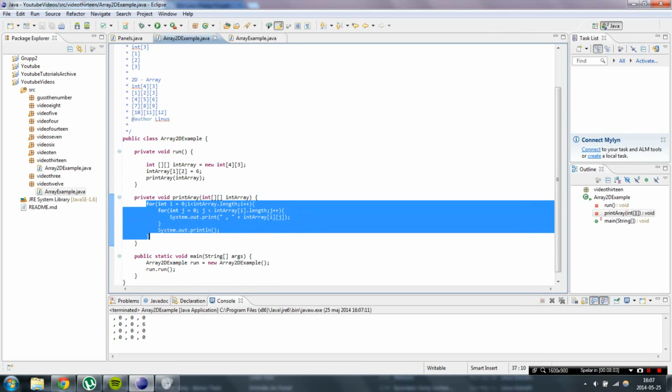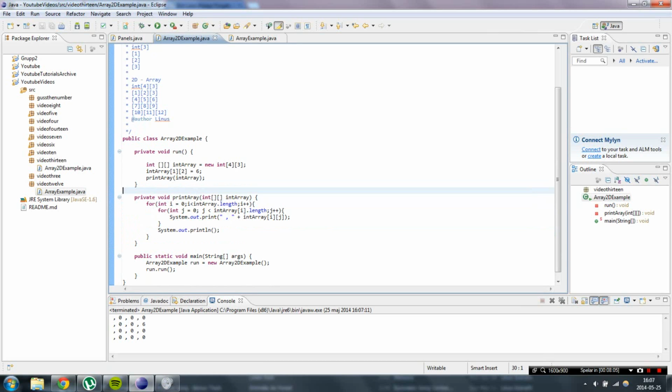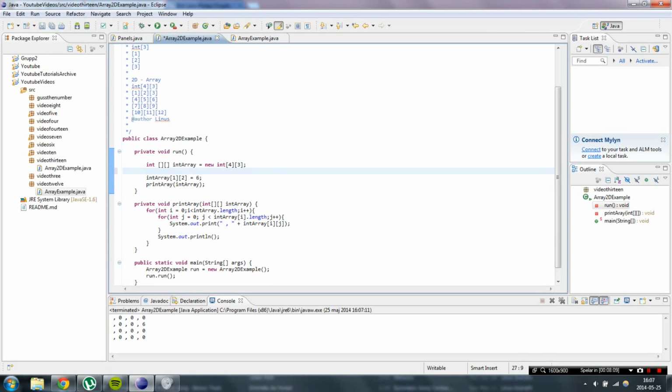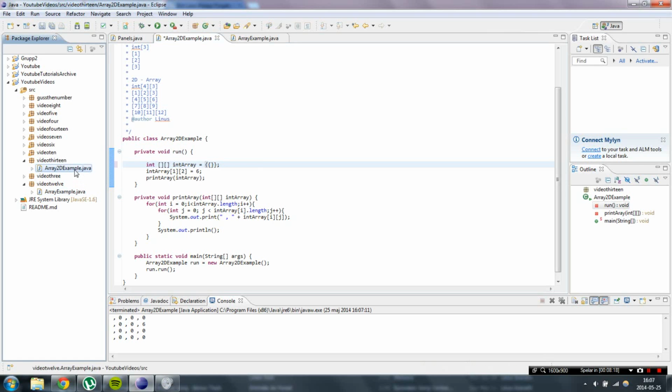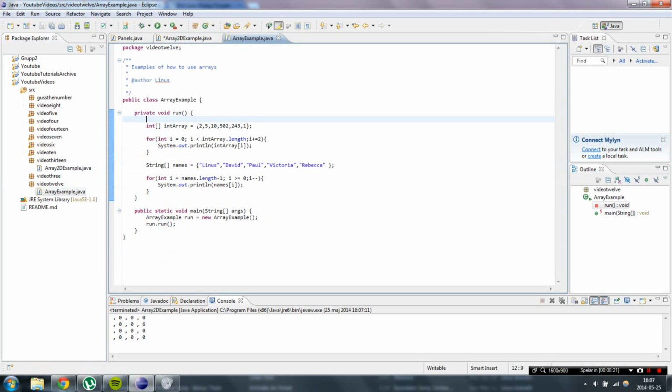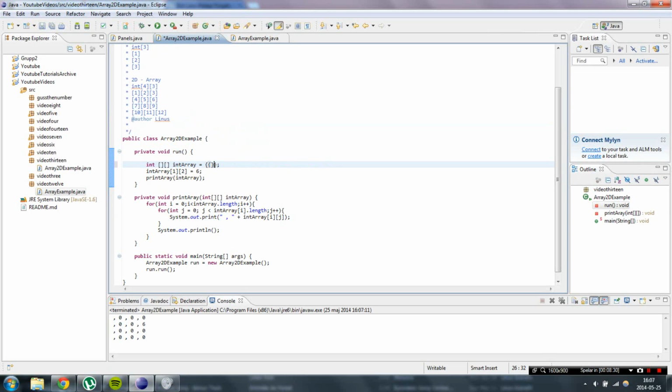So that is how we go through a for loop, and now I'm just going to show you another way to initialize each of the values. Instead of typing new int like this, you could do something like this. If you remember from the last video, I don't know if we have an example of this over here. Yes, you can see we defined them like this, initialized our array like this, with the brackets, and then typed out the numbers basically. And it is very similar in our 2D array, but in this case, once again, we